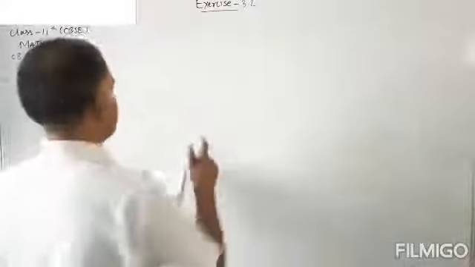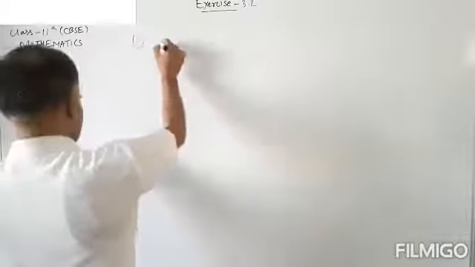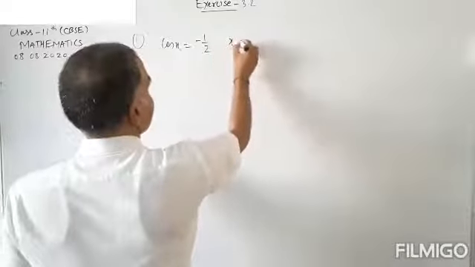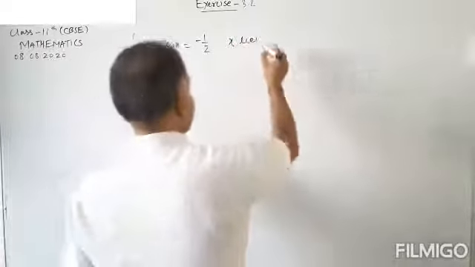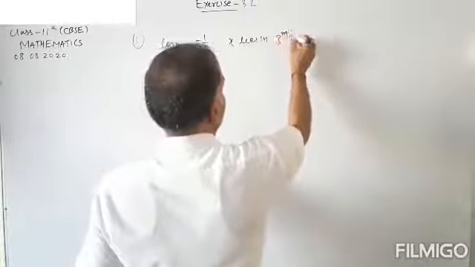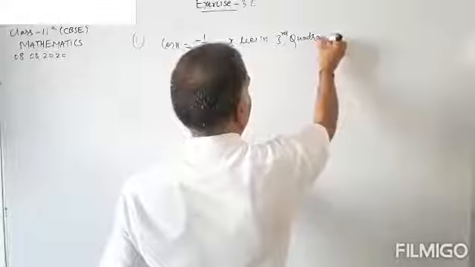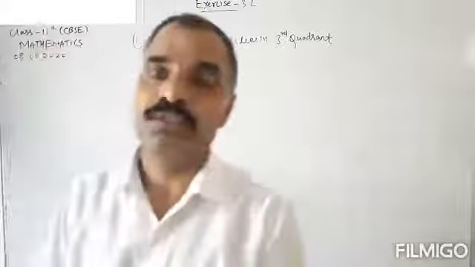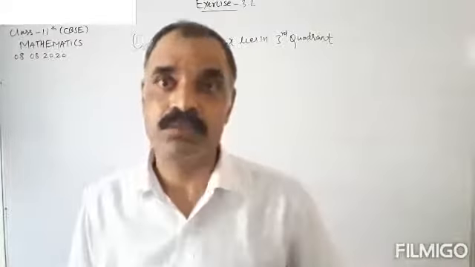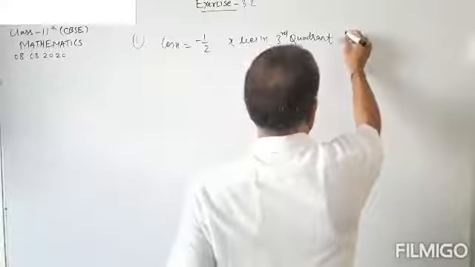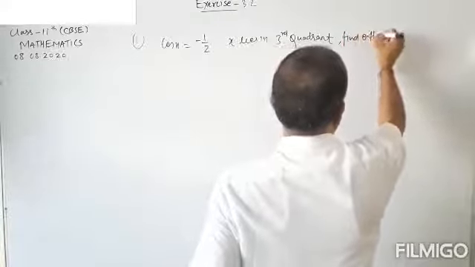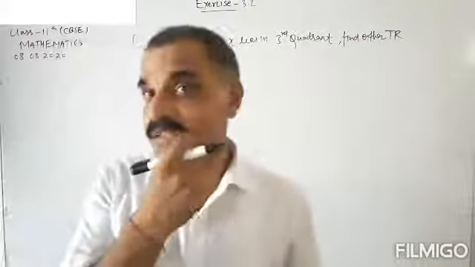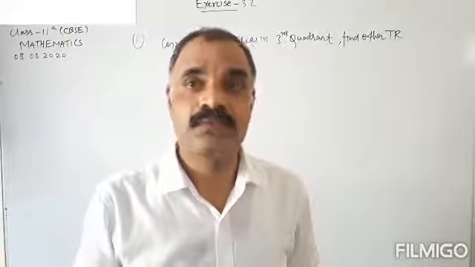Let us take question number 1, that is cos x equals minus 1 by 2, and x lies in the third quadrant. You have to find the other 5 trigonometric ratios. Okay, so the question is very much clear to all of you that cos x is given, but